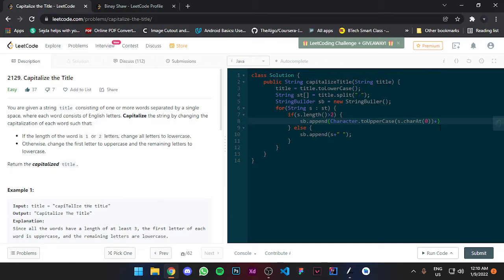Let's add s.substring(1). Now what does s.substring(1) do? For substring, you need to have a parameter that is an index, or two indexes. If you pass one index, then that will be the starting index, and the end index will be the last index of the string, the last letter of the string. If you pass 1 comma 3, suppose,